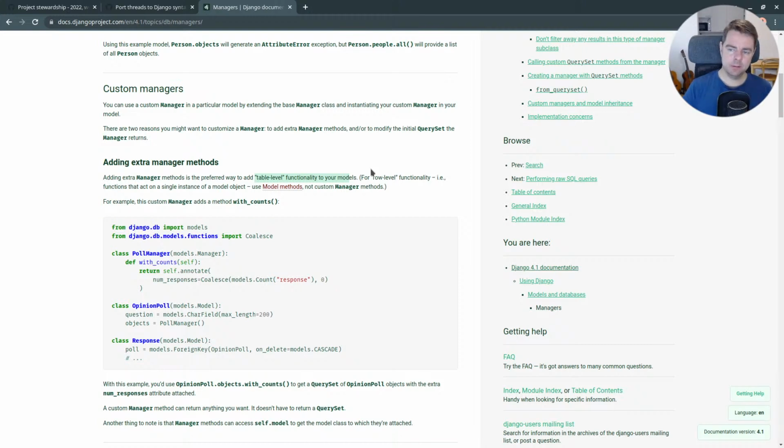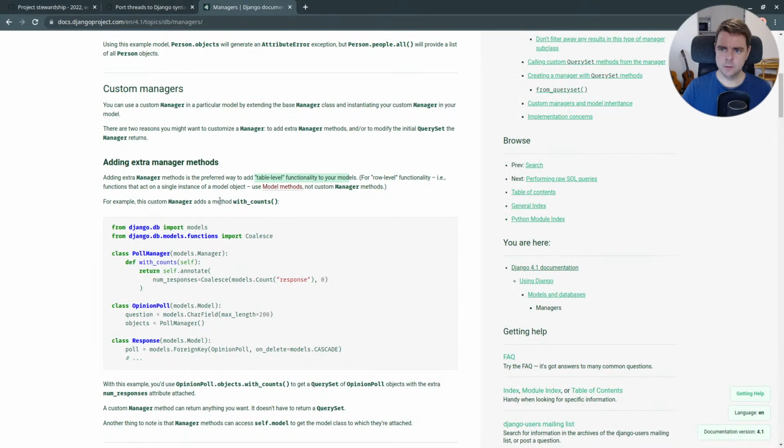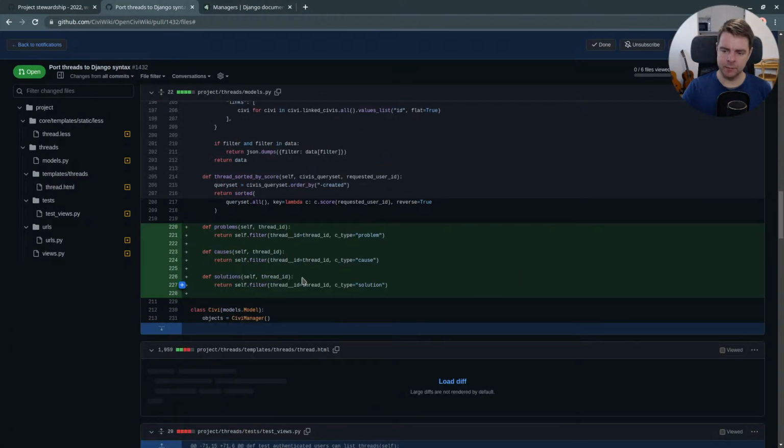All right, so table level functionality, that's the distinction. Model method, so if we want to add in a property of the model, literally a computed value or something that's derived from that model instance, then we would add it directly to the model. So that looks like a convention we should follow in our project, adding these to the model manager.